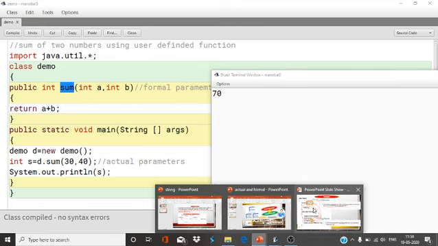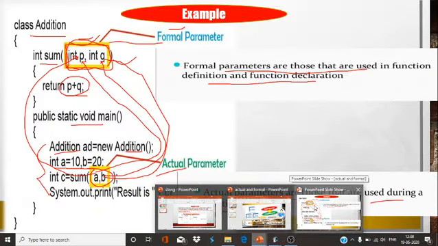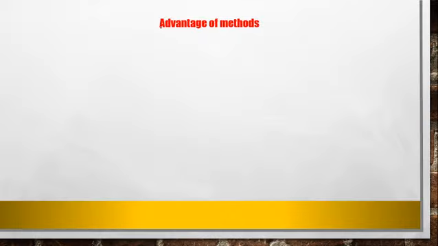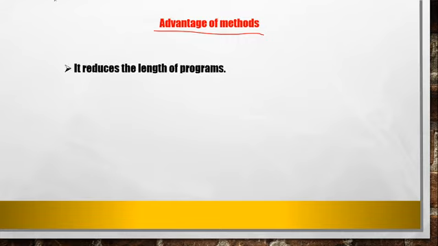Now one very important topic that I want to discuss with all of you, the advantage of the function. Why do we use the function? What is the benefit of the function? And this will come in your examination. Okay. First advantage, it reduces the length of the program. Yes, it reduces the length of the program because whenever we declare a function, suppose you have to find the sum of two numbers, in one function you accept the value, in another function you can find the sum, in another function you can find the average. So simply you have to call the function again and again, so it reduces the length of the program.